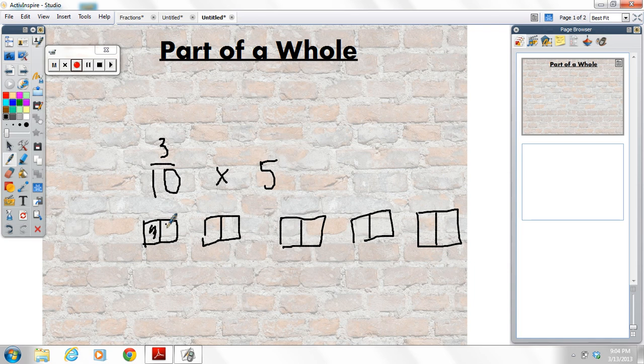Well, it asked me to shade 3 of the 10 boxes that I created. But like I said, the 3 of the 10 boxes that I created, it's really 3 halves that it represents. And we know 3 halves is equal as a mixed number to 1